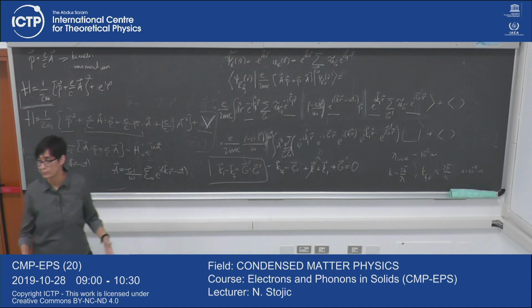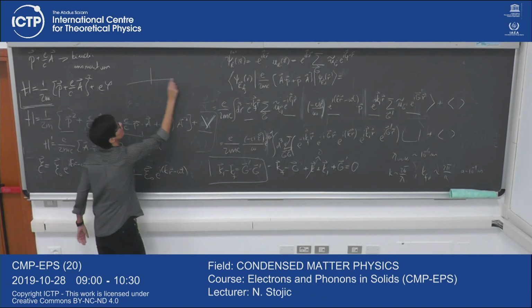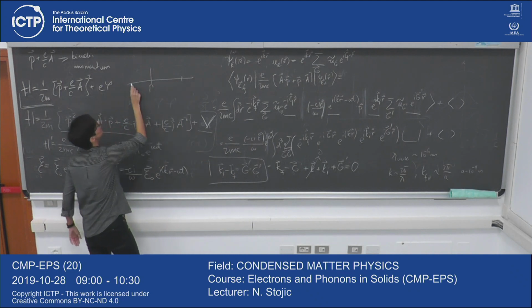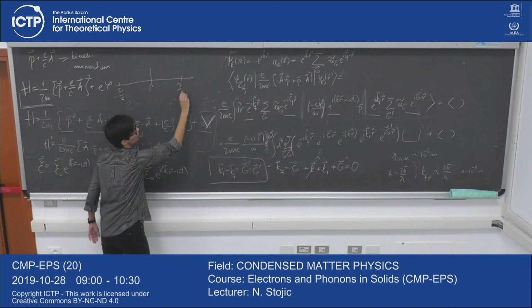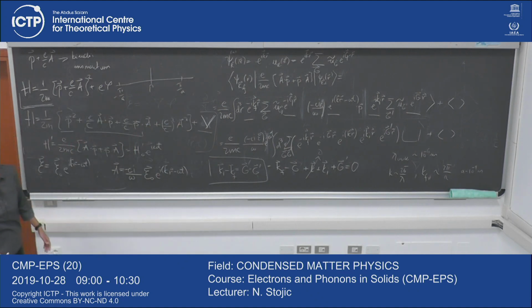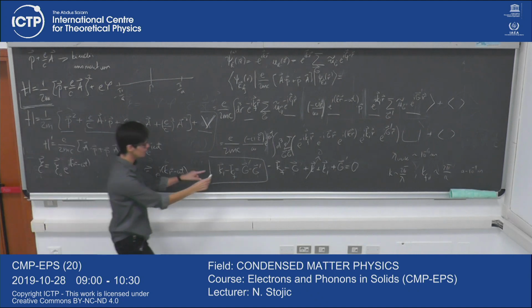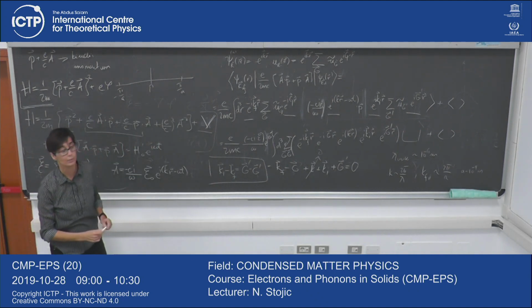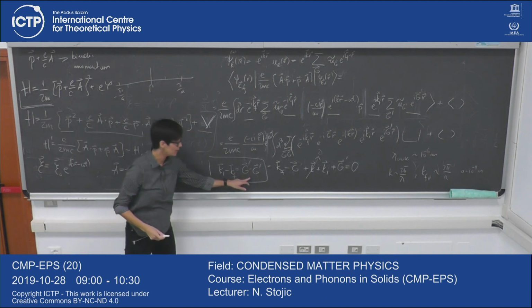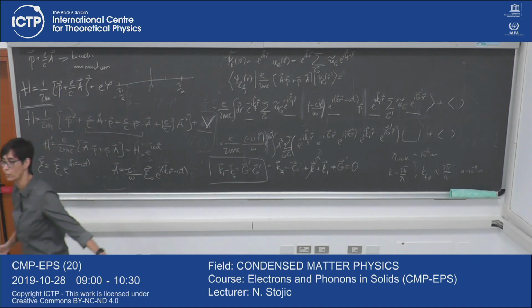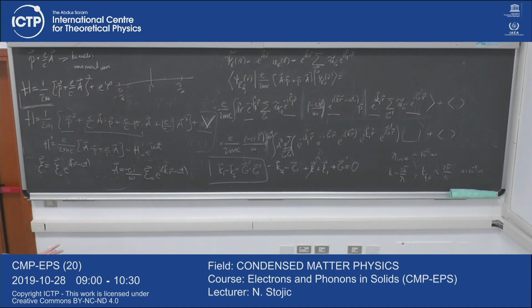Let's go to our 1D example. So this is the Brillouin zone, and this is the edges. Of course, it's true for any dimension. It's just easiest to show. This is a difference of the two vectors in the Brillouin zone. They can be anywhere, but they should be equal to the difference of two G vectors. It means that if the initial vector is in the first Brillouin zone, the final has to be, roughly speaking, in the next Brillouin zone.